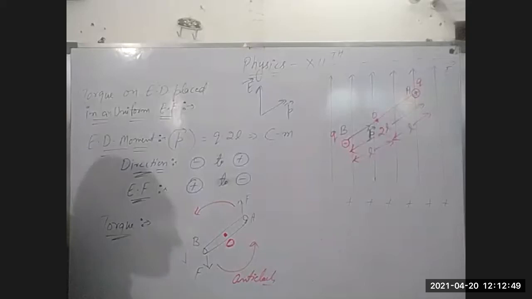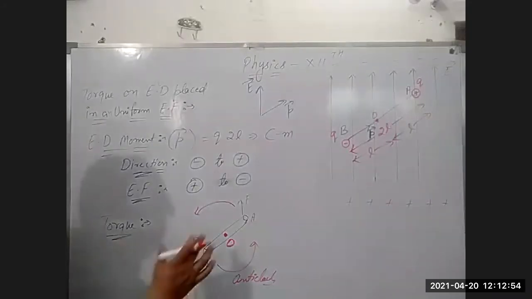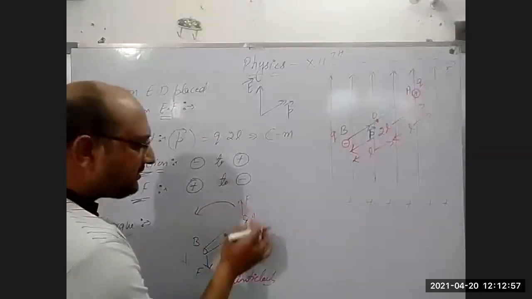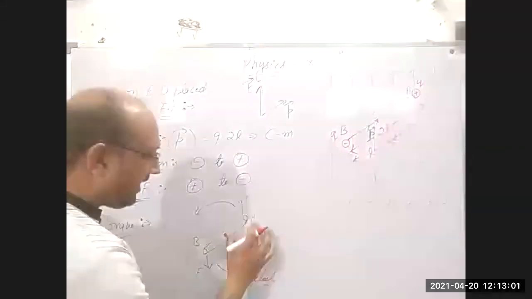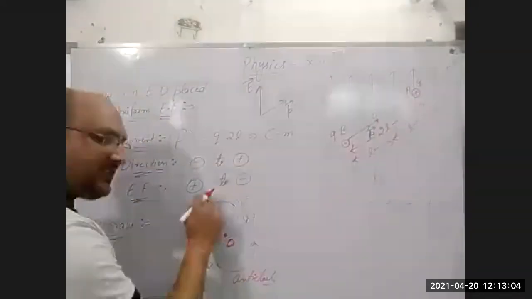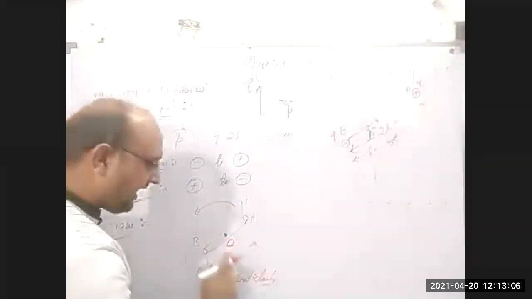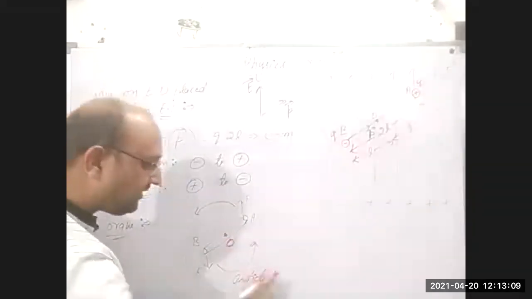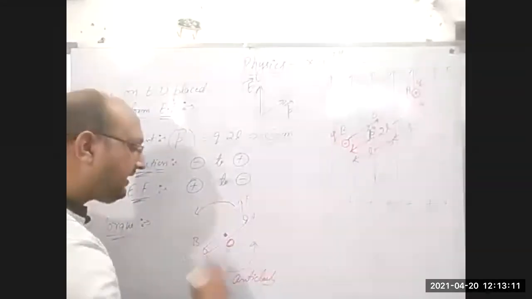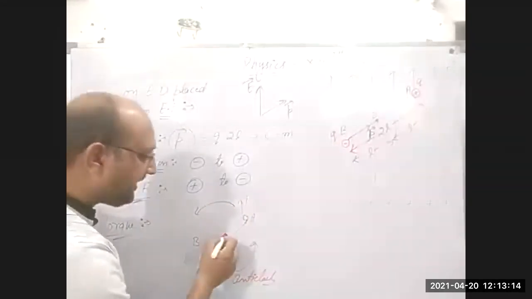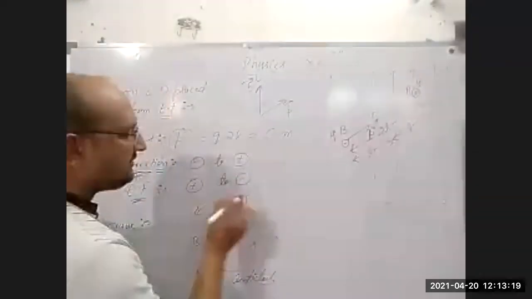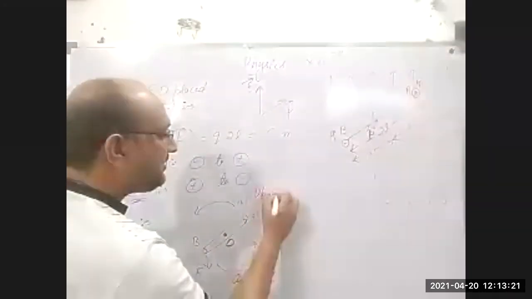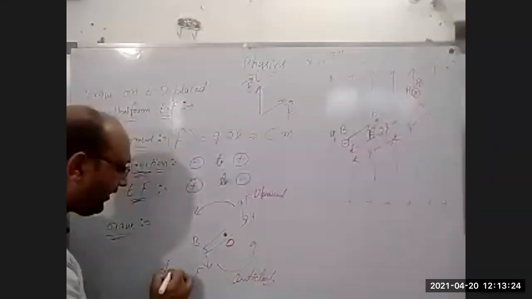But what is the reason? How can it be rotated? The reason is that this force rotates this half of the rod in this direction, and this force moves the other half of the rod in this direction. By this, it rotates only about here because of these two equal and opposite forces, one in the upward direction and the second in the downward direction.